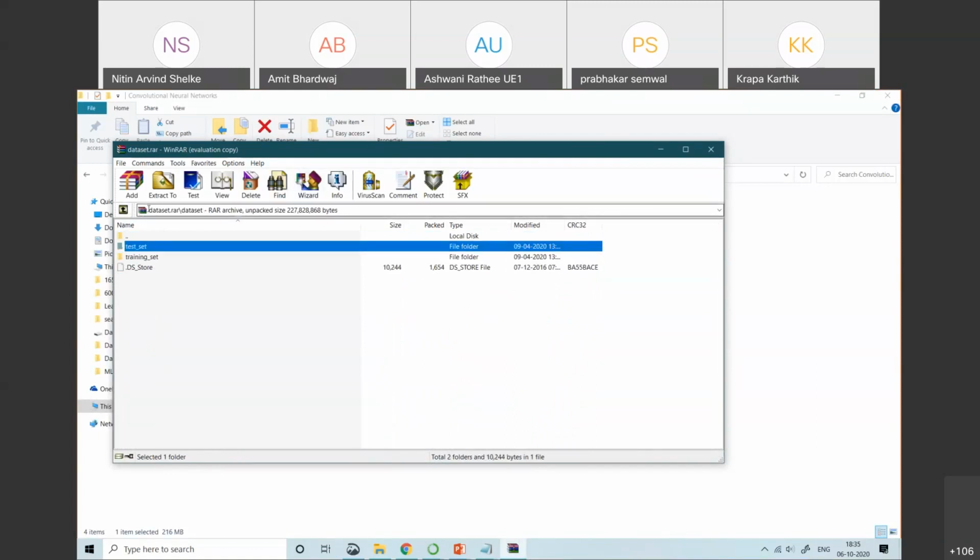So there are 4 plus 4, 8, and 2 thousand, 10,000 images in total in your data set. This is my data set, and we need to do the classification.